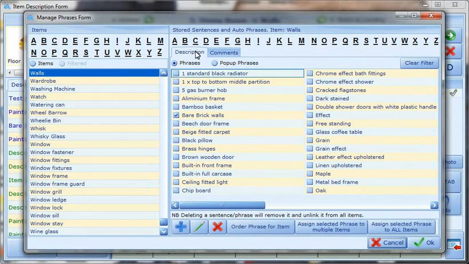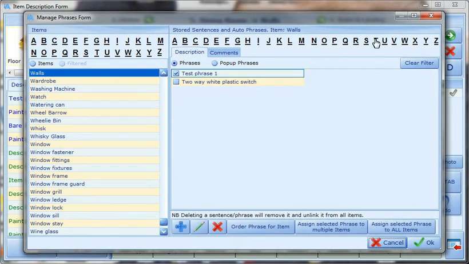Remembering our original purpose of removing or editing the phrase Test Phrase 1, which was entered as a description, we can click on the relevant letter filter for a more focused list if we wish. And here we see it. Note that next to each phrase there is a tick box. If a phrase is ticked while a particular item is highlighted on the left, then it will be visible in the left-hand Ready Phrases palette in the item description form, while the item which is selected on the left is being edited. So if we untick Test Phrase 1,